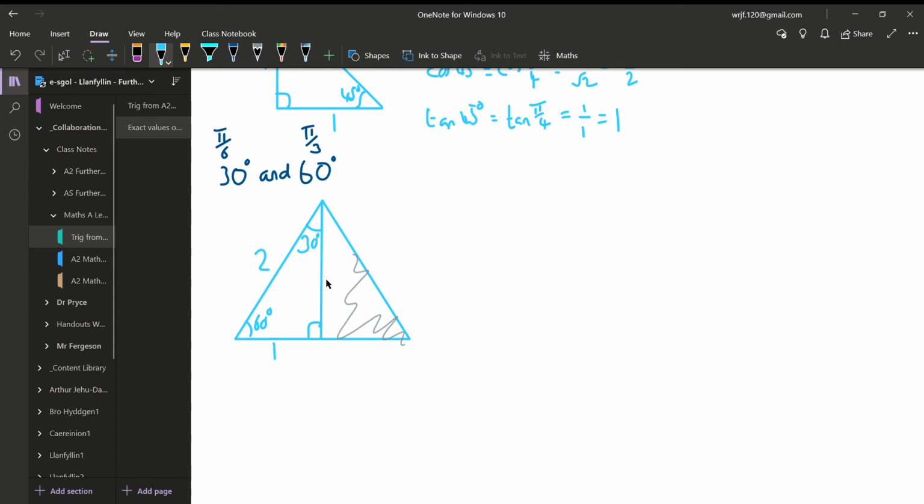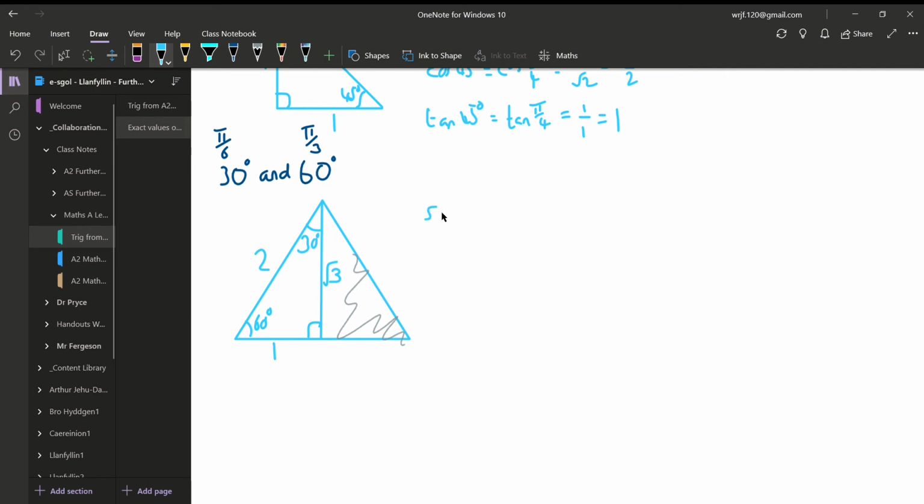So therefore the length of the perpendicular here must be root 3. Sorry, that's not a very good 3. I might just try and do that a little bit better. So we've got a length of root 3 on the perpendicular there. So we've got 2 on the hypotenuse, a base length of 1, and a vertical height of root 3. And once I've got those things in place, I'm now in a position to look at